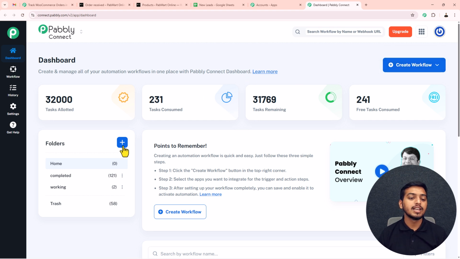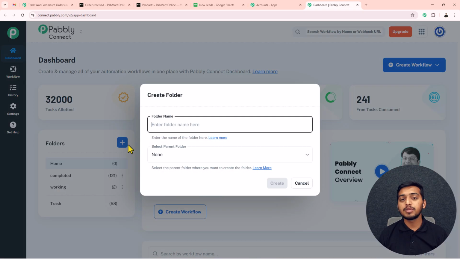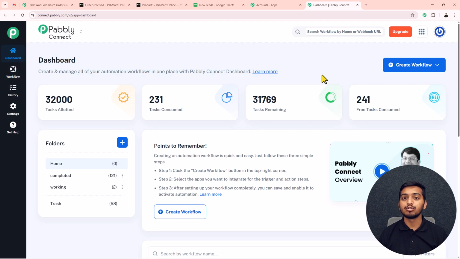On the left side we have this plus button. By clicking on this plus button, you can create a folder for yourself, and in those particular folders you can store your workflows to stay organized. We will get out of here, and then to start creating our workflow, we have to click on this create workflow button, and then we have to select this create from scratch, as we are going to create our workflow